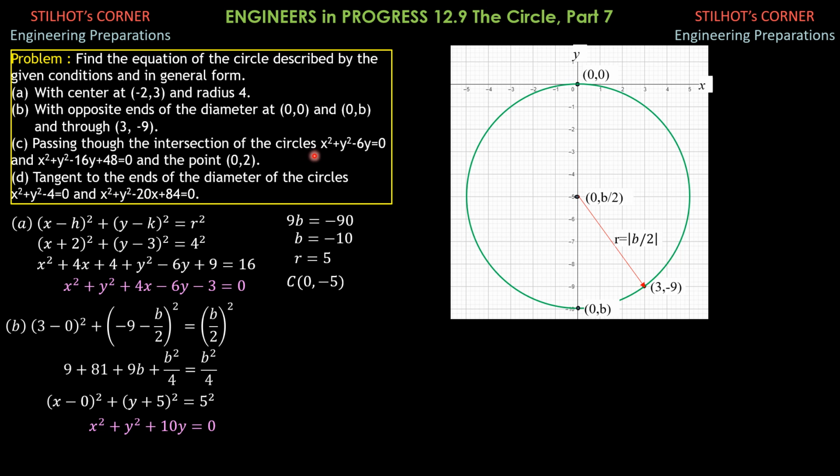But anyway, let's transform them to the standard form by completing squares. So x minus h squared plus y minus k squared equals r squared. That's the standard form. So we have x squared plus quantity y squared minus 6y plus 9. Then we also add 9 on the right side. So this is x squared plus quantity y minus 3 square equals 3 square. So the center is at 0, 3 and the radius is 3.